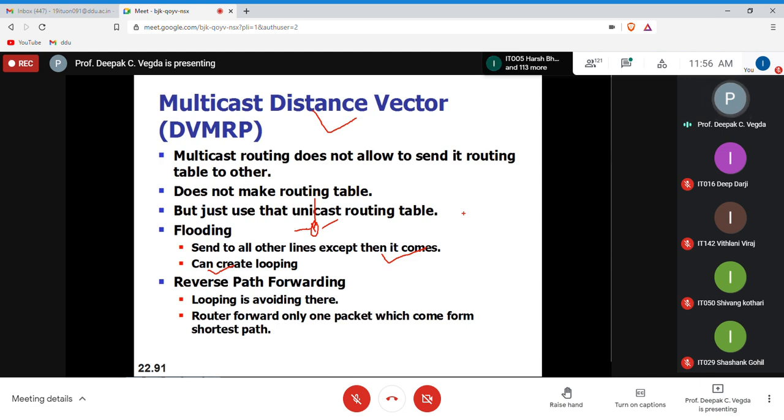So that is multicast routing using the distance vector multicast routing protocol. DVMRP is nothing but distance vector multicast routing protocol.